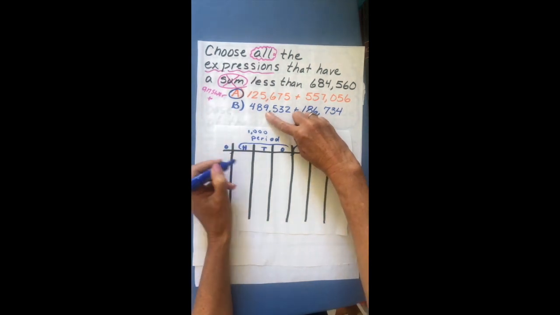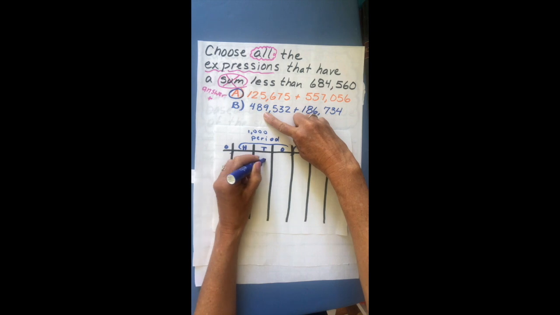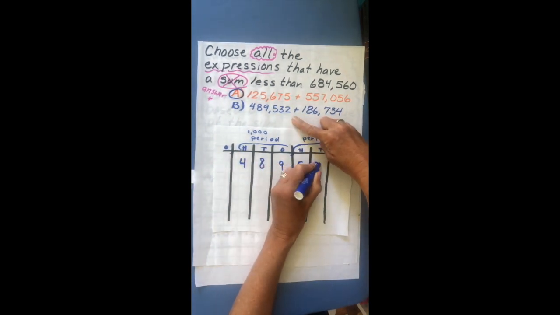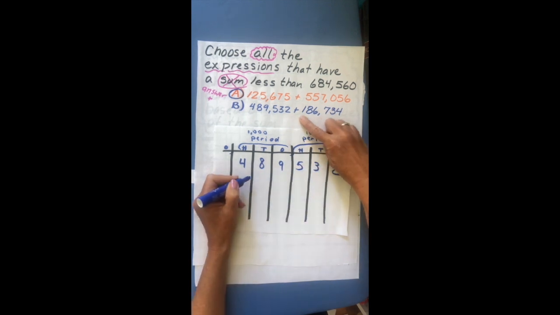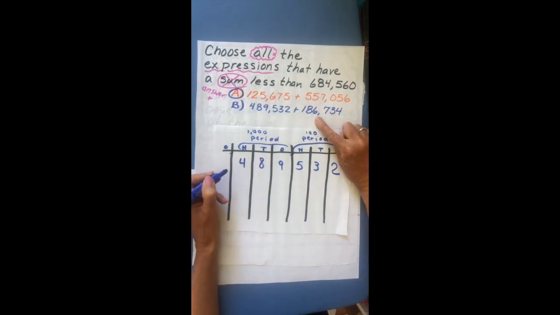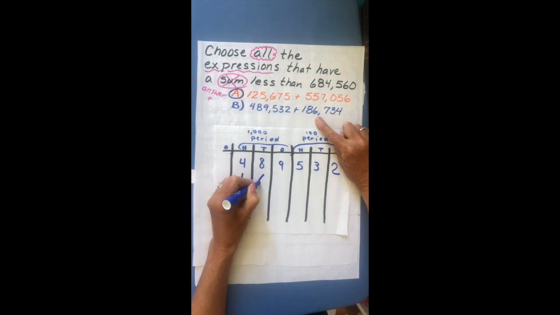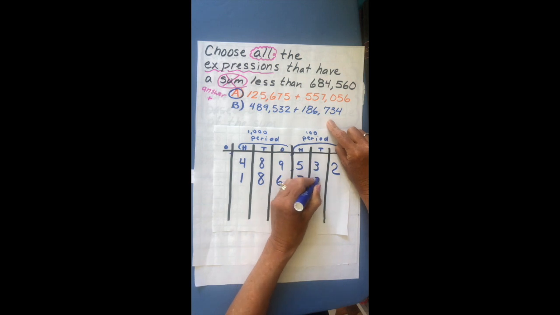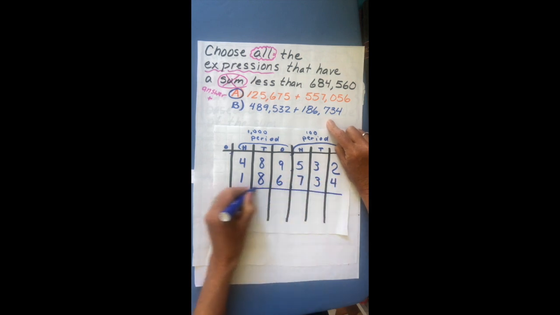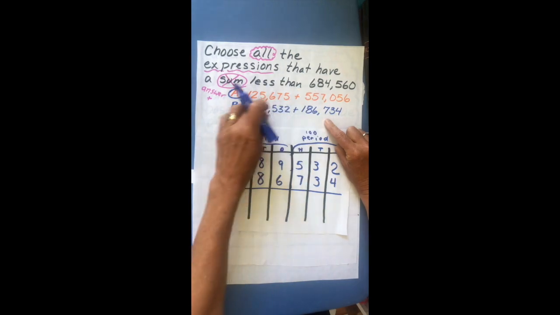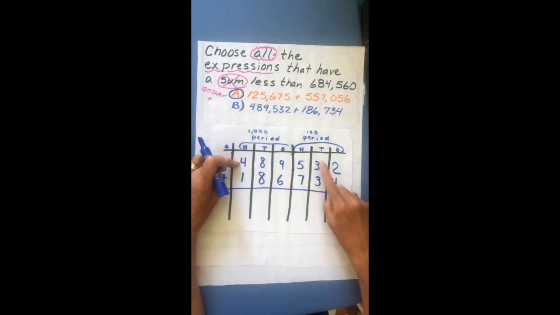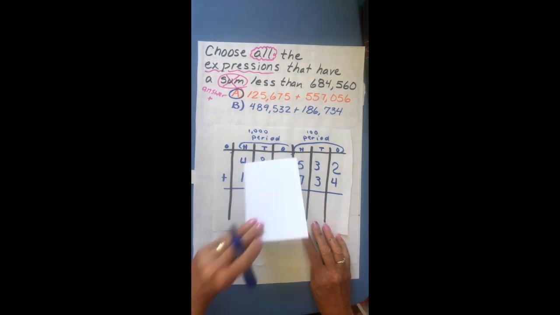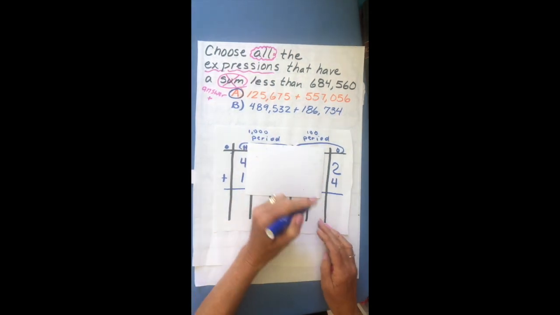So it says 489, so I go to the thousands, 489,532. And now I'm going to do the next problem. The next number, 186,000, comma, 734. Now, watch out for this because sometimes I mix the numbers, so hopefully I've written them correctly. Yes. All right, now all I'm going to do is use my blackout card and start at the ones house,